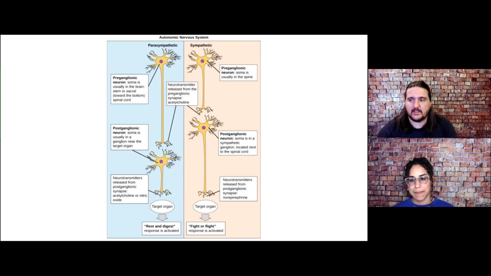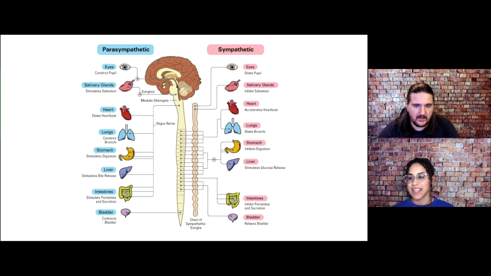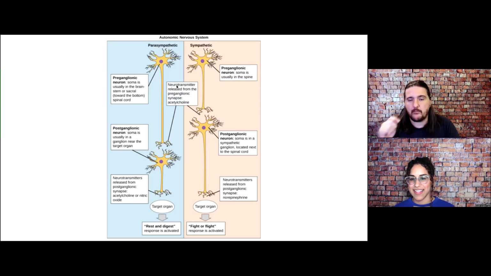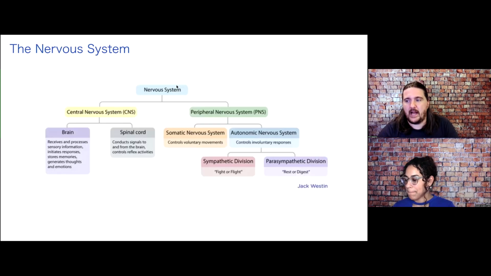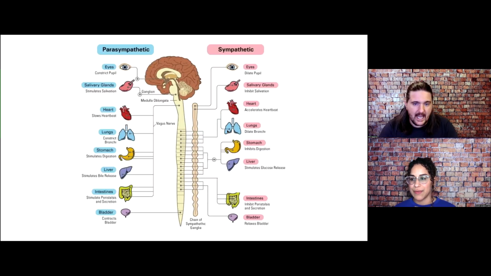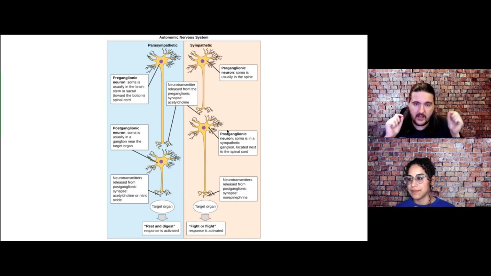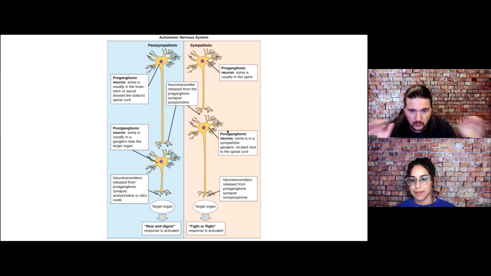Now, I want to be clear, especially if we go back to this image here, you can see all of these signals are coming from the brain. And so that preganglionic neuron is actually a central nervous system neuron, and the postganglionic neuron is a peripheral nervous system neuron. If we go back up to this image, we simplified here a little bit: technically, parts of your autonomic nervous system are being activated from your brain. It's just that those preganglionic neurons are actually central nervous system. The postganglionic are peripheral. Now, the preganglionic neurons from both parasympathetic and sympathetic both release acetylcholine, and